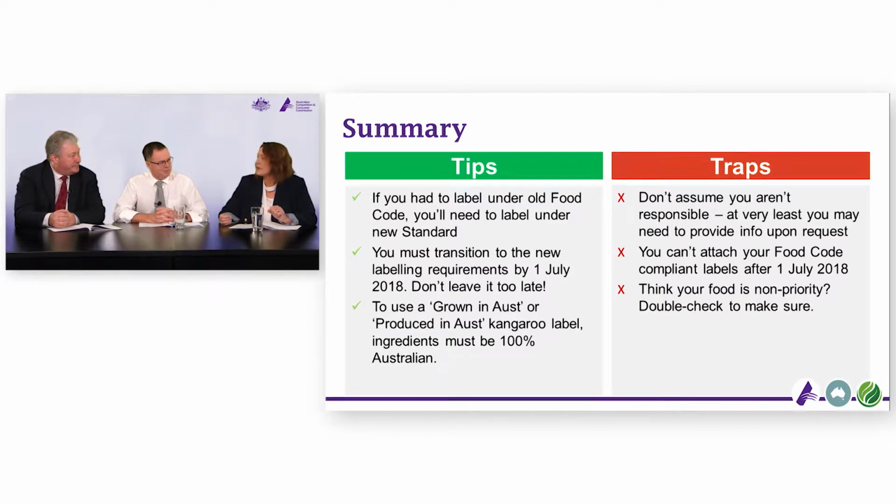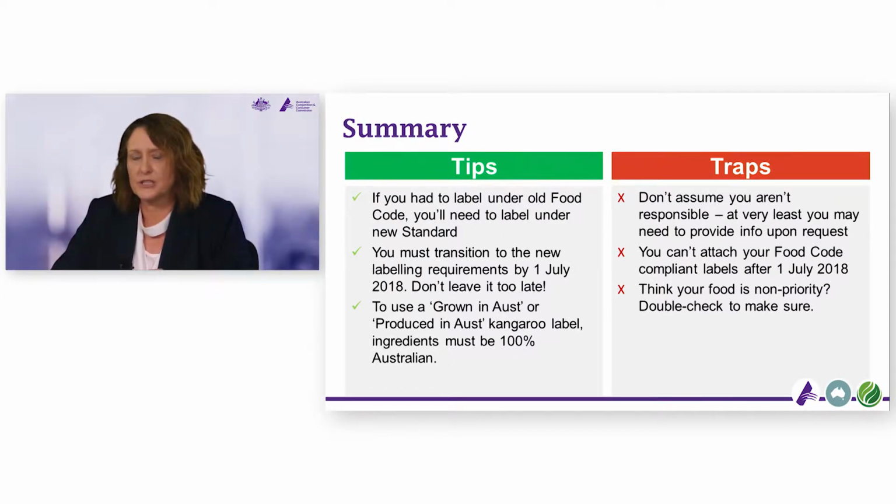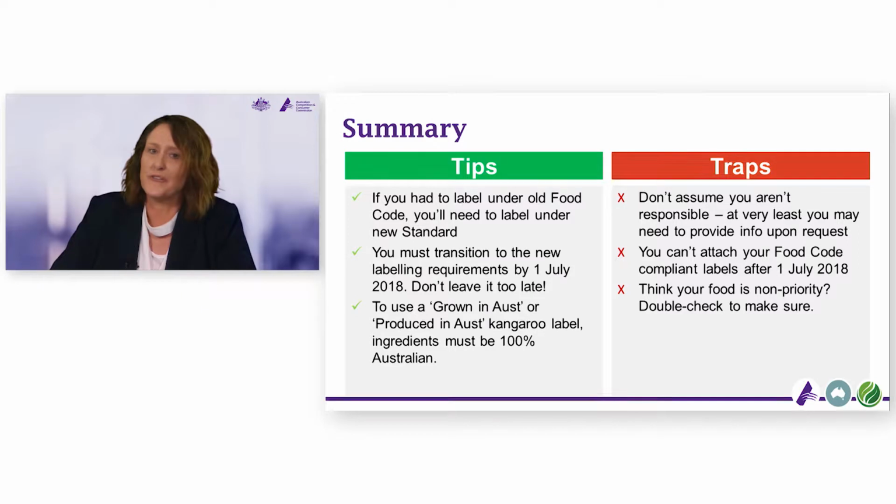First off, remember, there are 3 basic labelling options. These are the kangaroo label, the bar chart only label, and a country of origin text statement. You really need to work out which label you have to use. For some businesses, you won't need to change much, but for others, you are going to have to redo your packaging. And don't forget, there are special rules for each label, how they look and what you can say.